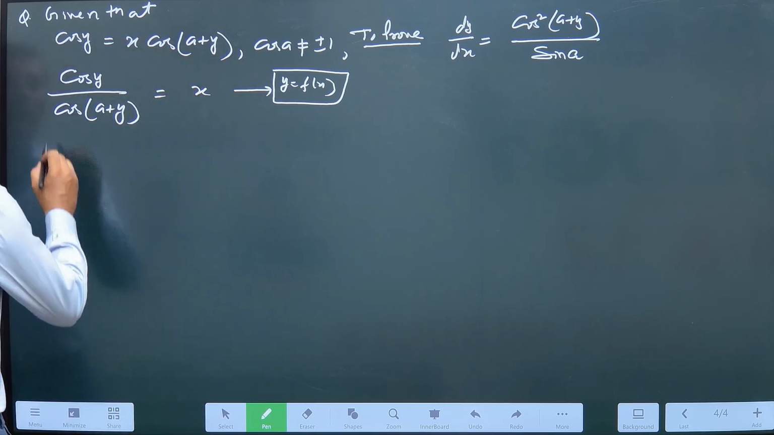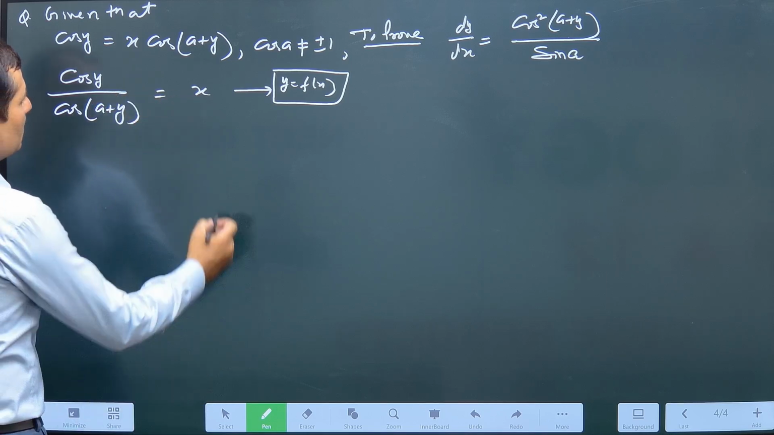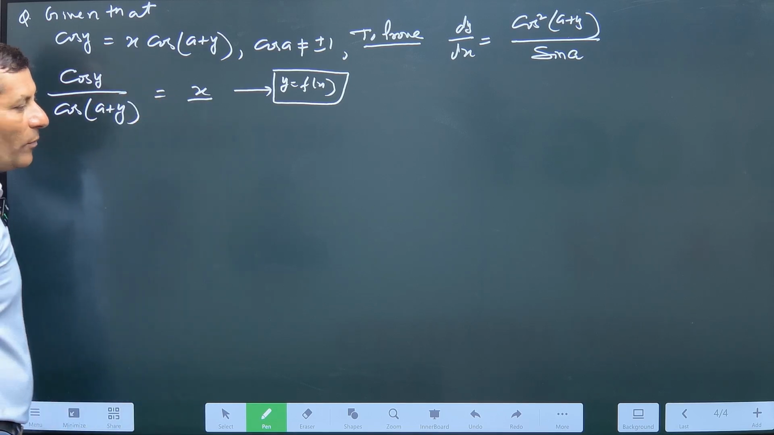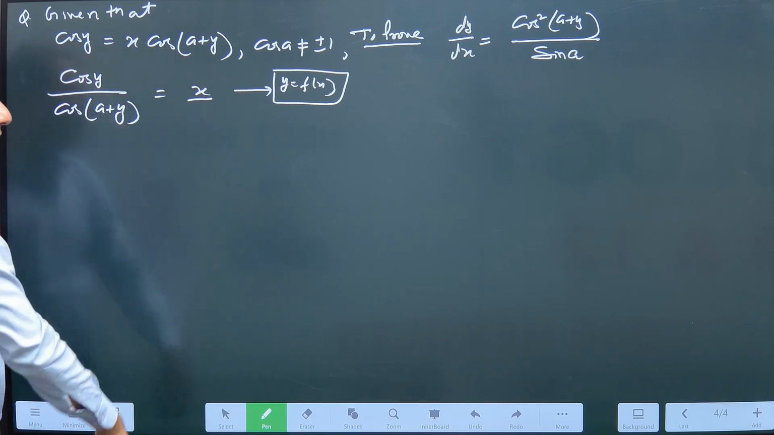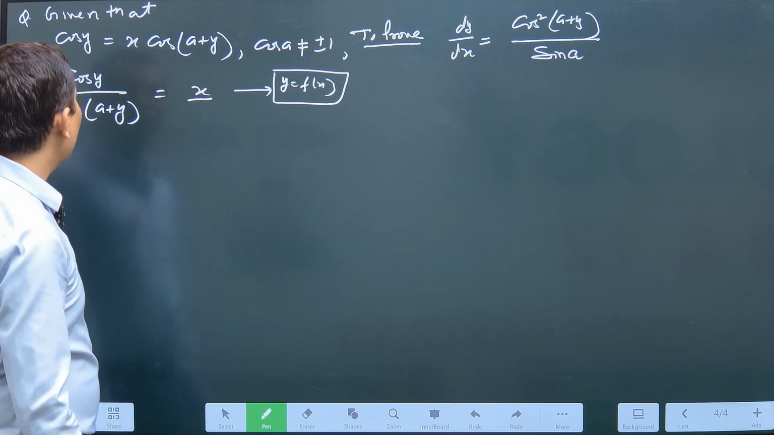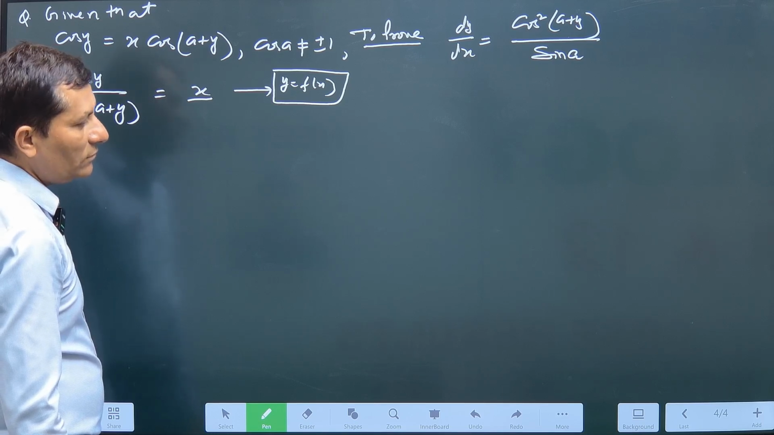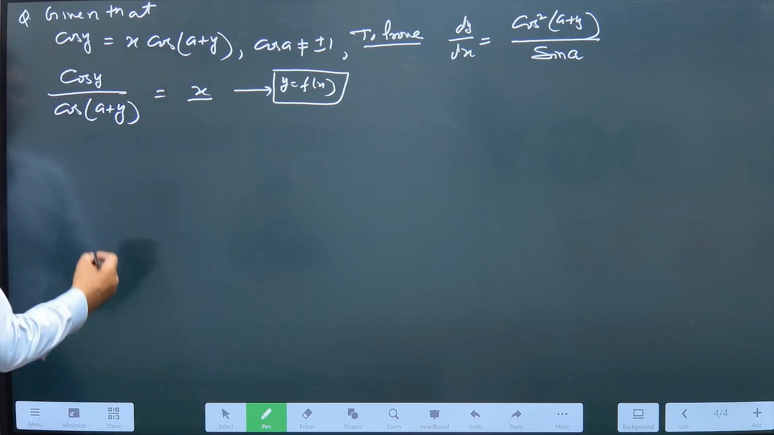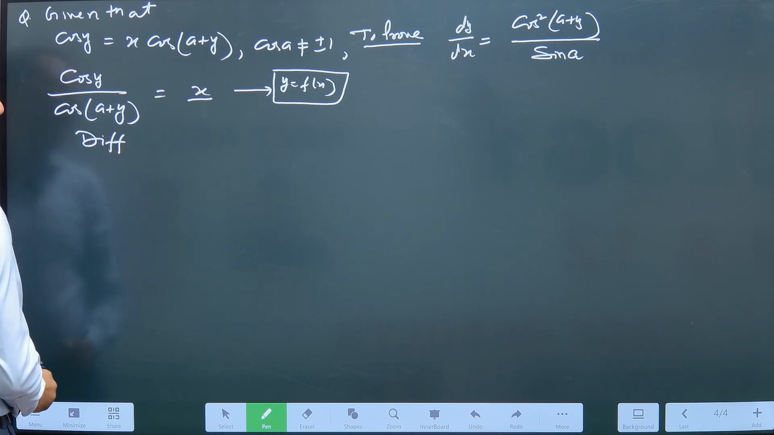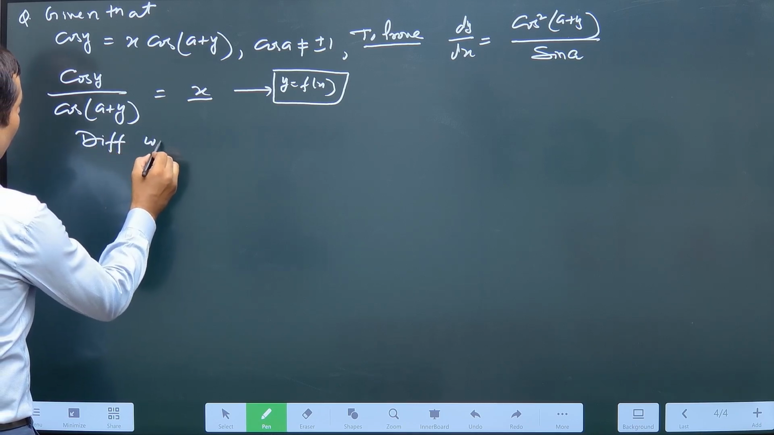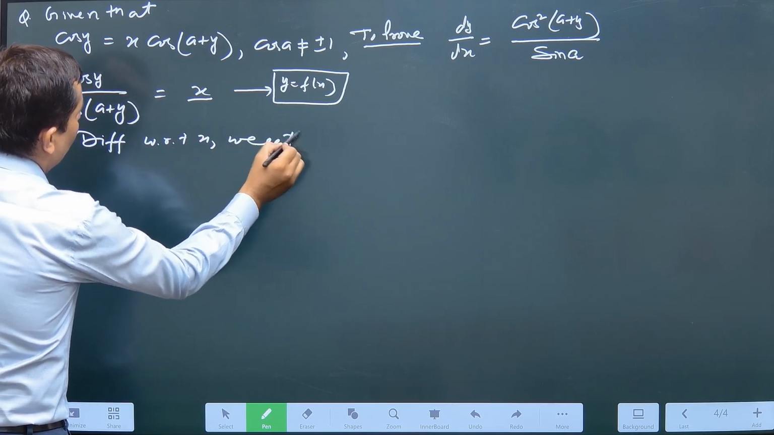Now u by v: left side and right side simple functions हैं. Polynomial है. Right side is in the form u by v. Apply here the quotient formula. Write down here. Differentiate with respect to x. We get